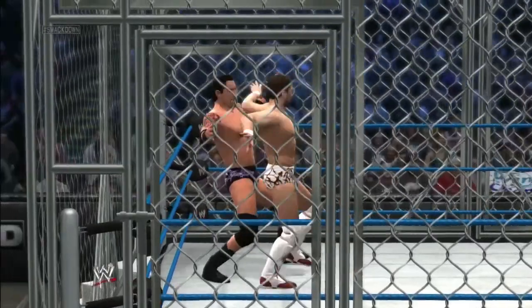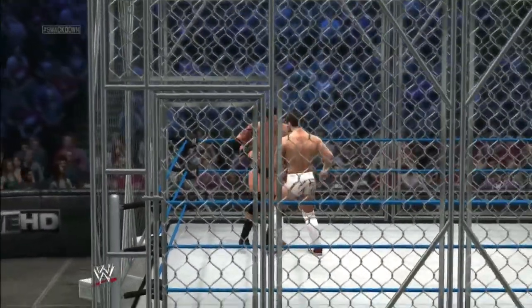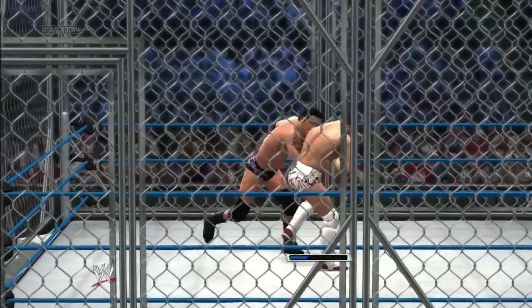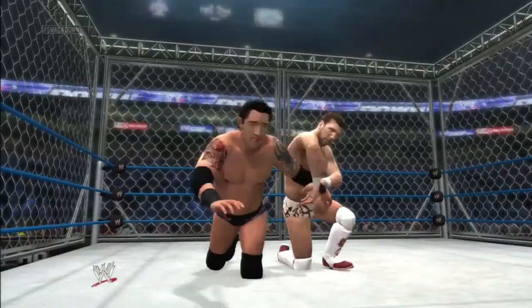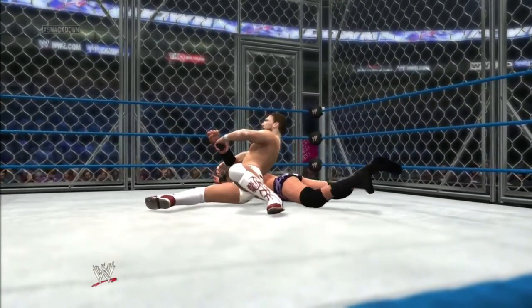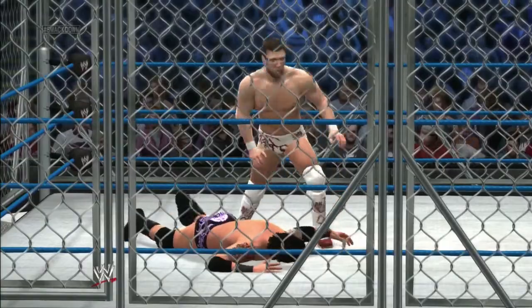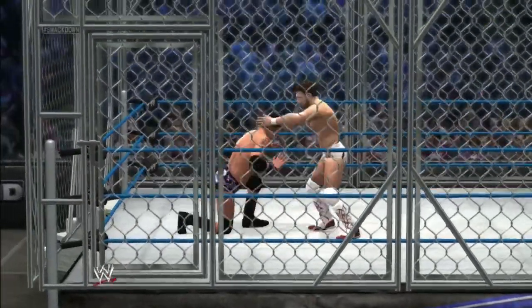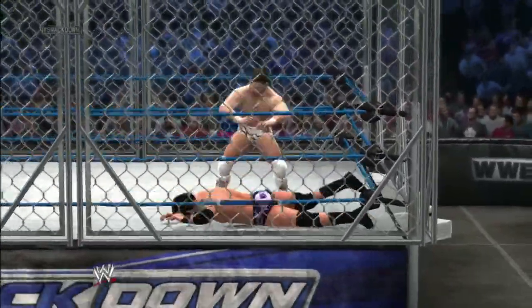This match of course was a chance for Daniel Bryan to show off his new main event feel, and of course this new finisher, which is a running single knee. Now I have to say that this is a brilliant finisher for him to have, and once again Kenta has been ripped off. If you're not familiar with Japanese wrestling, there is a very good smaller wrestler named Kenta who competes for the Noah wrestling group, and unfortunately he's so talented that his moves have been ripped off for